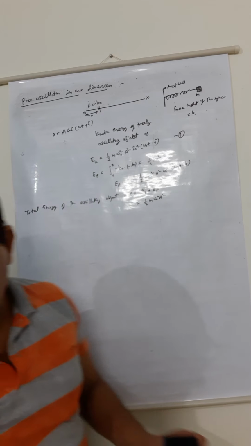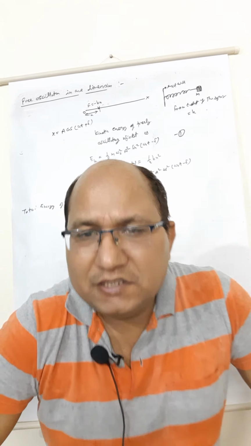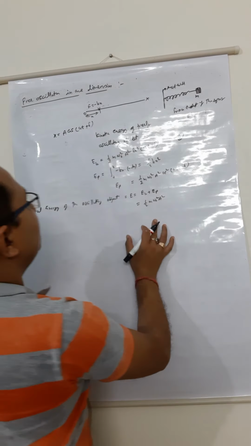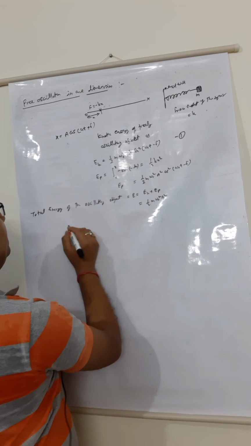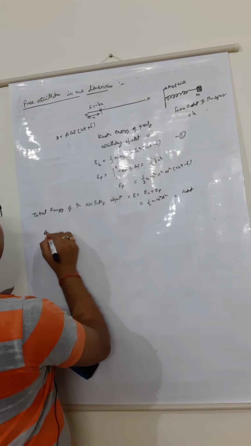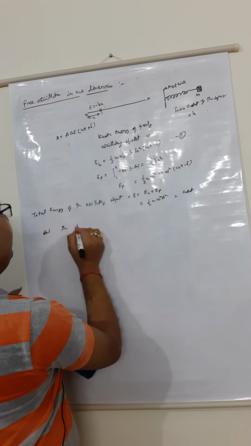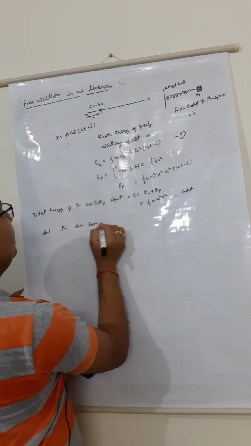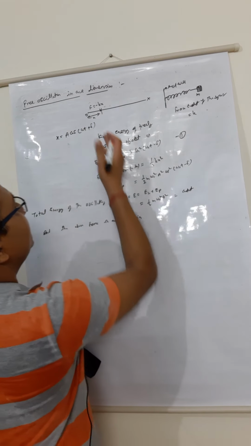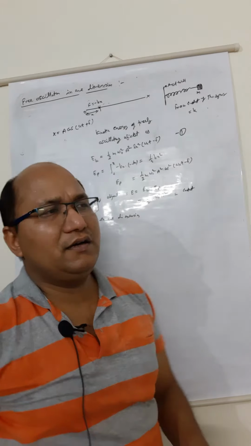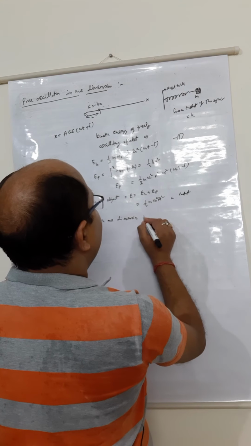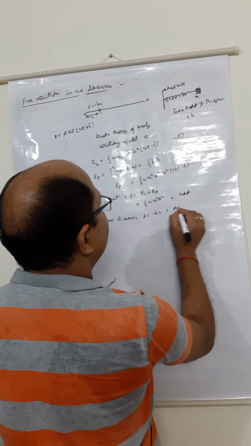I had also told yesterday that this total energy remains constant throughout the motion under this force, and I said this force to be conservative. This equals a constant, and the above force in one dimension, since it is only acting on a line. So in one dimension F equals minus kx, a conservative force.